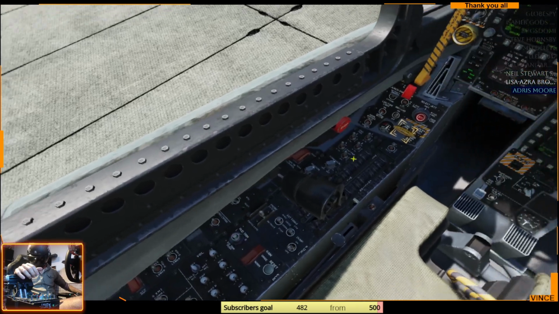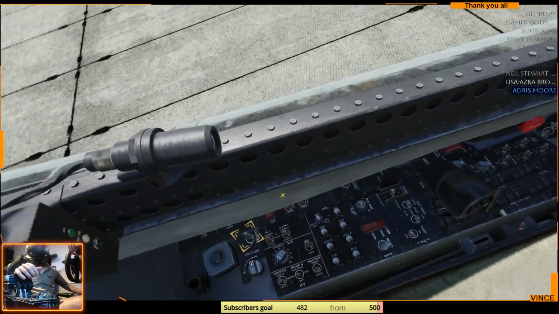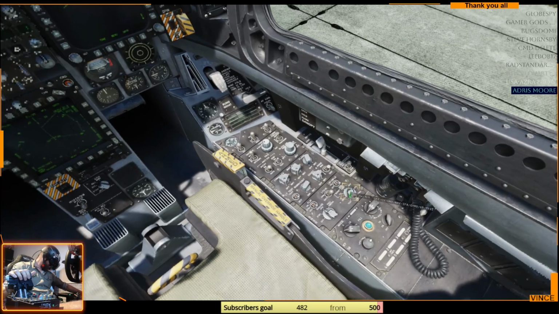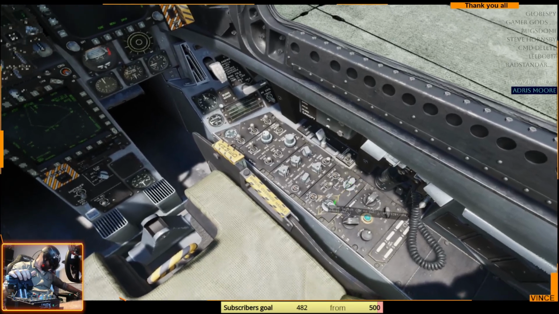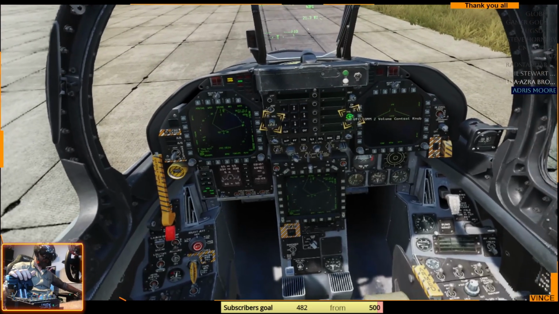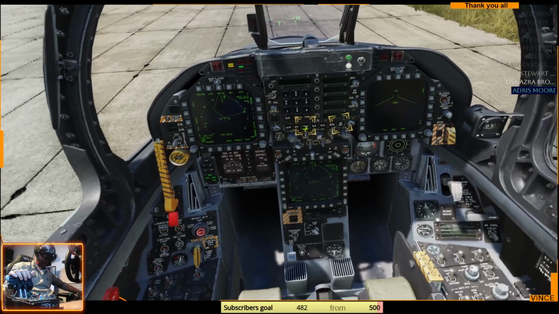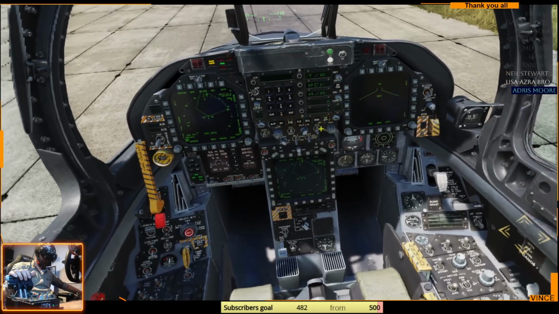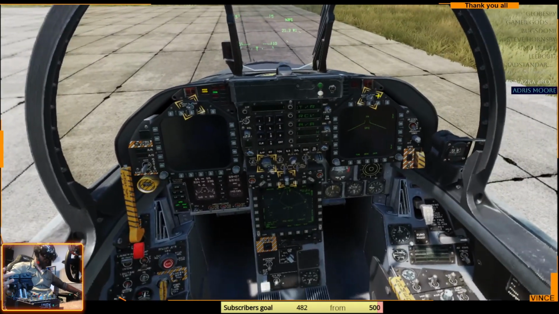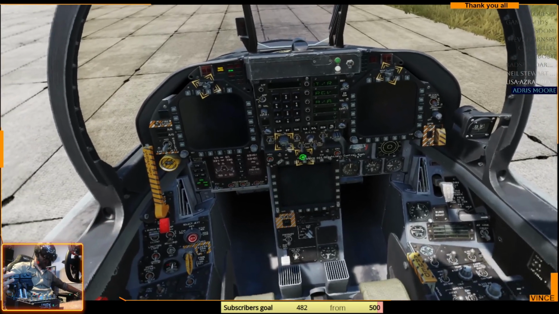Trim, parking brake, O-box, the radar panel, the radios, all the way, the TACAN, MDIs, the HUD, AMPCD,